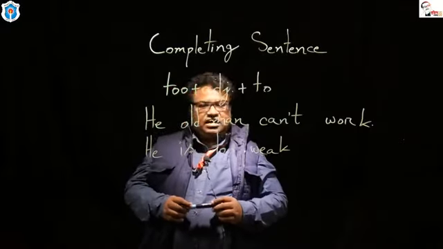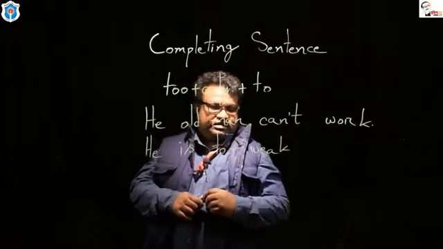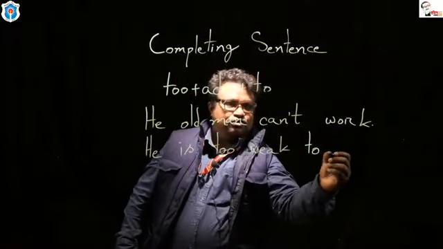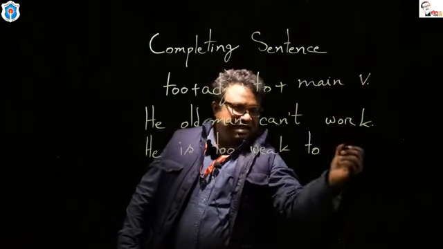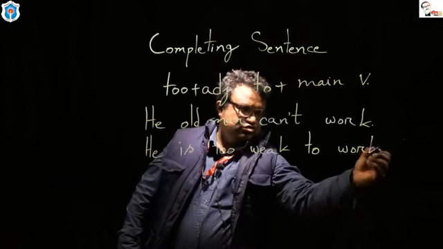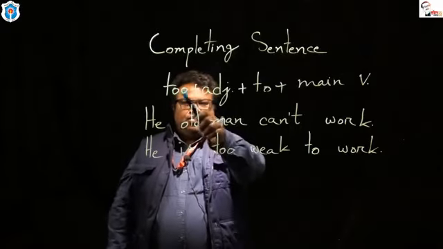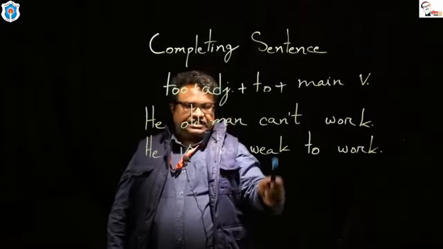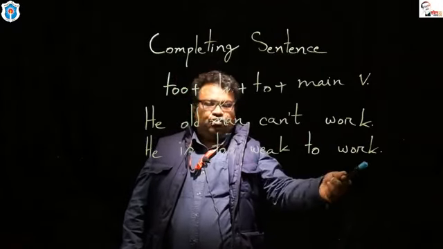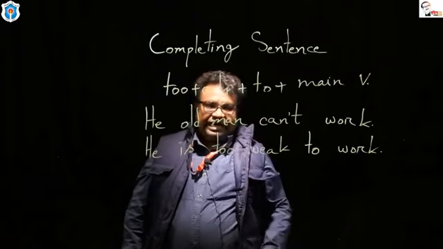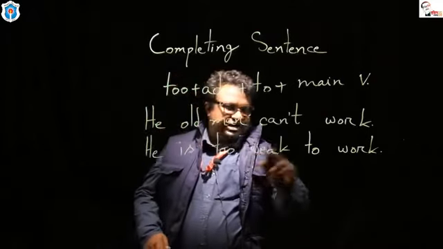The old man can't work. He is too weak. Then, as we are saying that he can't work, so we will do to plus main verb, to work. So this is a particular structure when we are using too plus adjective weak, and then if we use preposition to after this adjective, then we may complete it just with a main verb. Of course there can be extension like he is too weak to work,